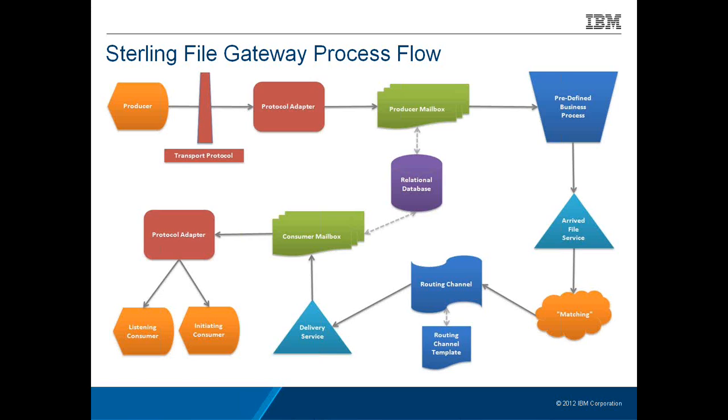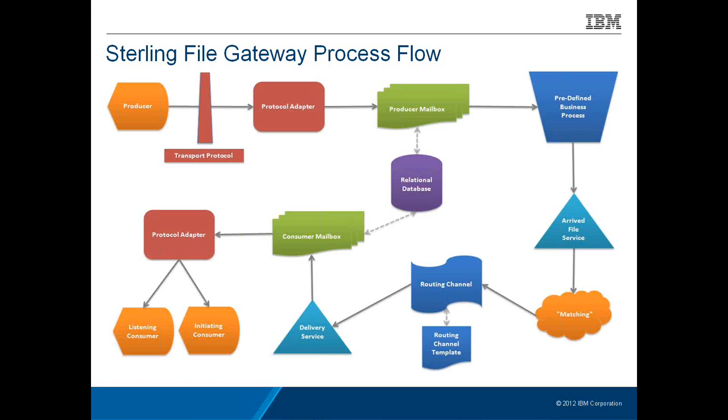Through my file gateway, the producer of the file would upload the file, and if there is a routing channel that is already created for the producer, it would determine who is the delivery consumer mailbox, and then deliver the data or the file to the consumer